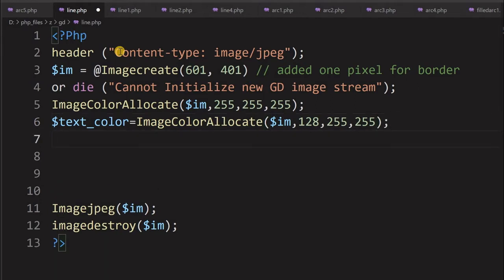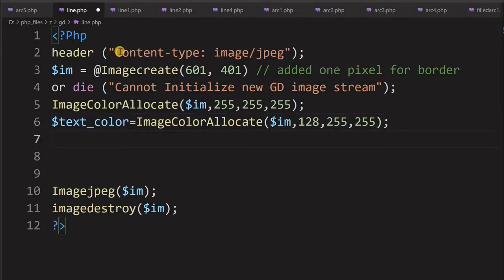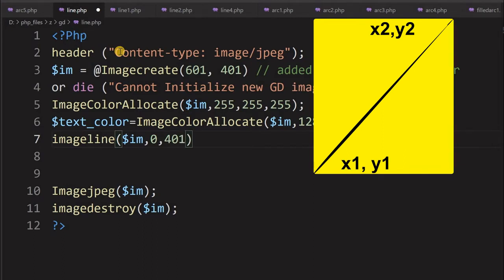Now let's draw a straight line. We'll say image line, specifying the image where we will draw. Then x1, y1, the starting coordinate. Let's start from the top 0 to 401, where 401 is the y coordinate, so it will go to the bottom left. Let's draw a cross diagonal from the bottom left to the top right.